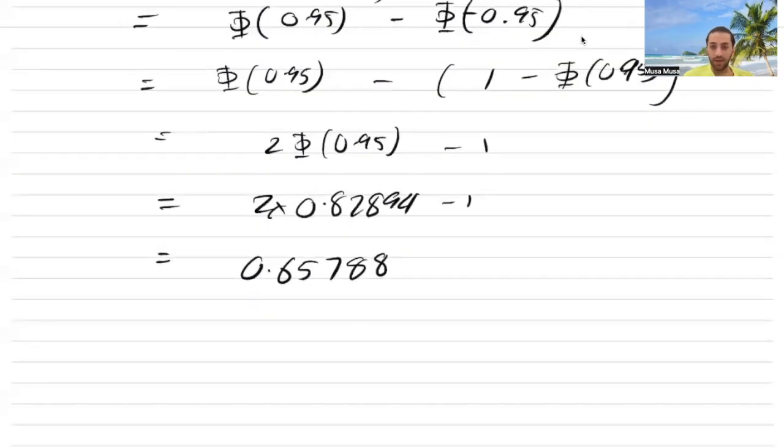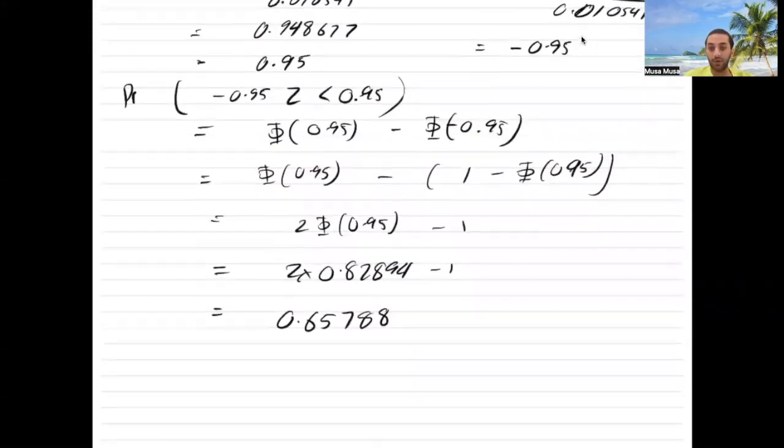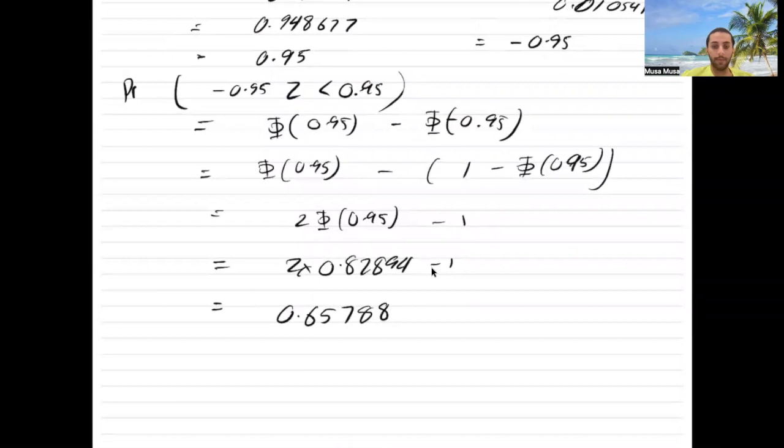Yeah. And then the next one says within 0.02. So you do the exact same thing with the 0.02. Okay. Typically, I don't actually find questions like this in exams because I think these ones, like within this much of the actual value, it's not that interesting of a question. Better questions sort of come from this one website I've been getting questions from. Something like